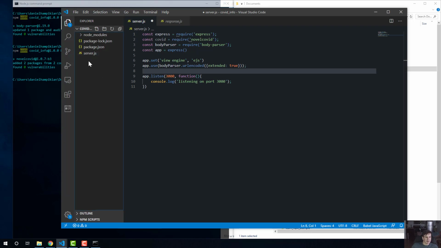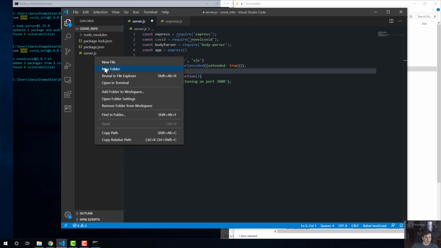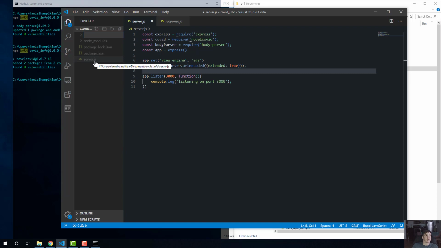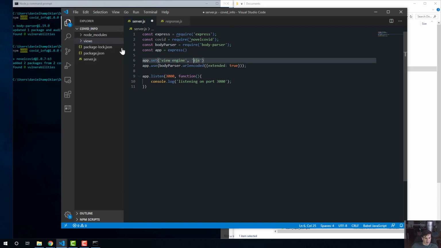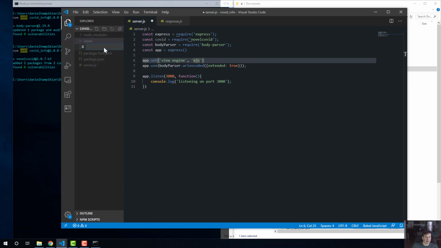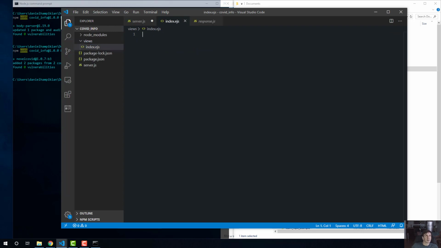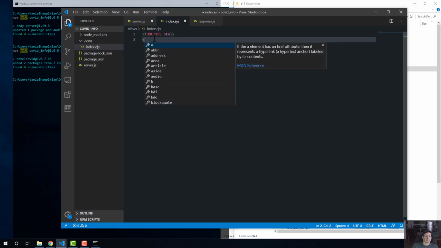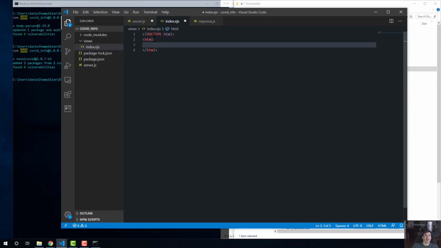We're going to need a couple more things here. First of all, I'm going to make a new folder, and I'm going to call this views. Now, by default, our view engine is going to look for this folder, and it's going to look inside this folder for a file called index of type EJS. Okay? Now, index.ejs is basically normal HTML, except, as you'll see in a second,